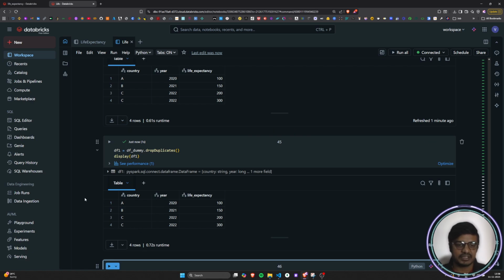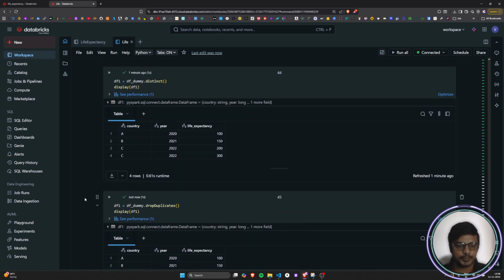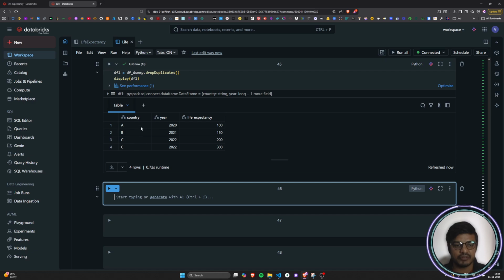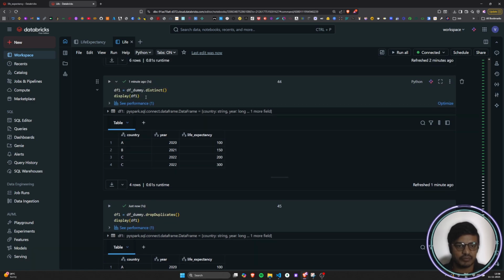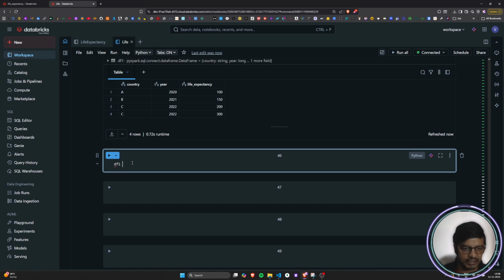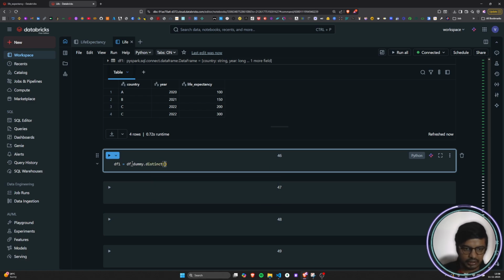So what's the difference between distinct and dropDuplicates? One major difference is when we want to check duplicacy based on a certain column. Let's say I want to check the duplicacy based on the country column only, and not on the rest of the columns. That's not possible with the distinct function. If I write df1 equals df_dummy.distinct, and inside distinct I pass something like country,